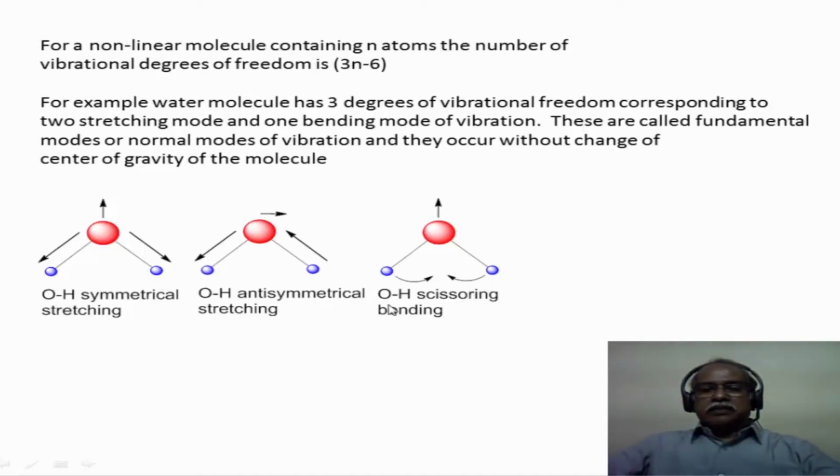This is also a vibration, except it is called the scissoring bending mode of vibration in terms of the molecular motions that are involved. If you now consider the scissoring motion of the two OH bonds vibrating in this direction, simultaneously they both come together and move further away in terms of the scissoring action that it has, and at the same time the oxygen also vibrates in this motion to maintain the center of gravity.